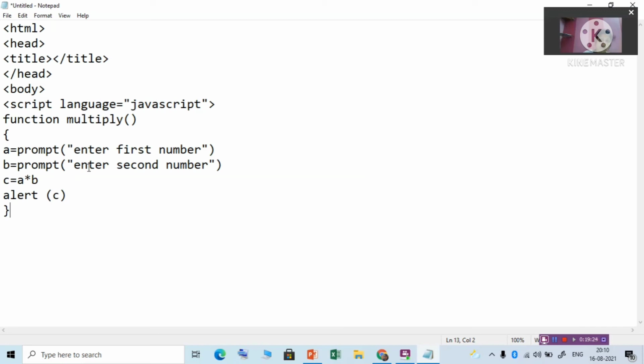This function can be used many times in a program. Whenever you need it, you just call that function. Once you define a function, that can be called 100 times in a program. So when we write big programs and we know that a portion of the program will be repeated, we write it inside a function and whenever required we call it. That is the use of a function.